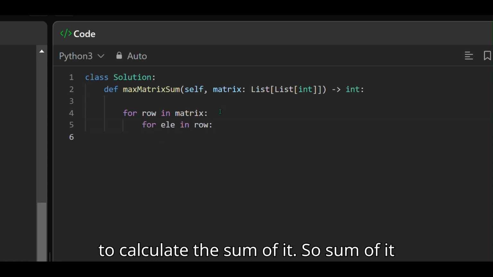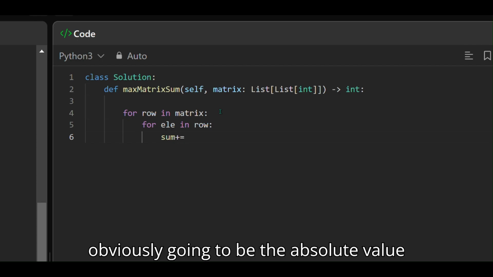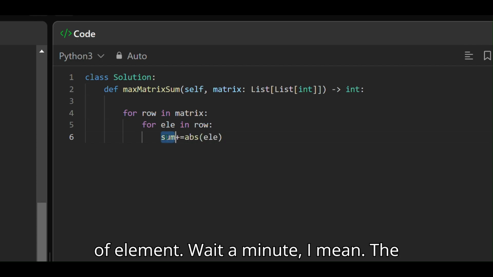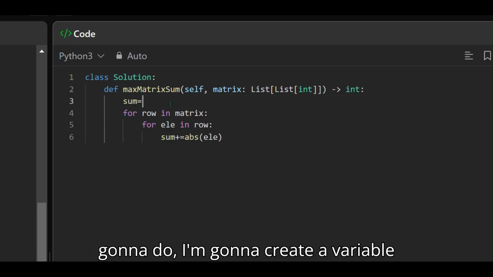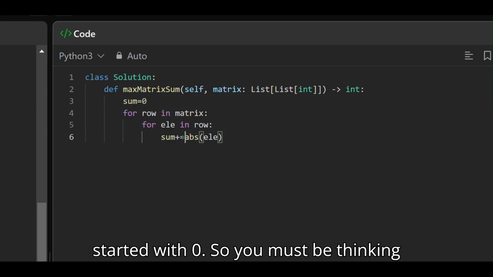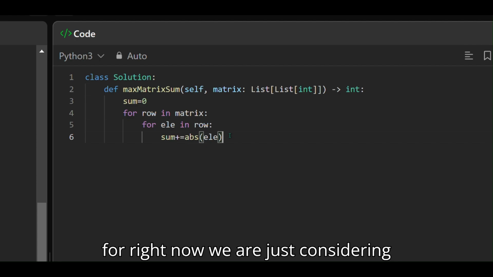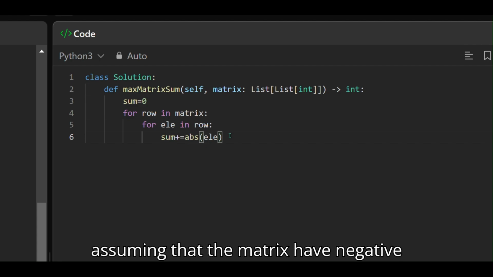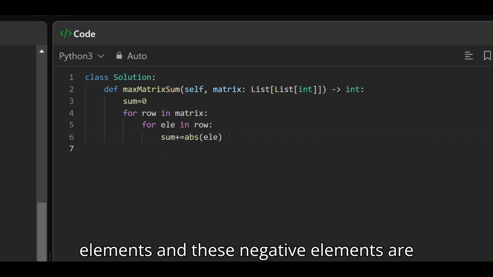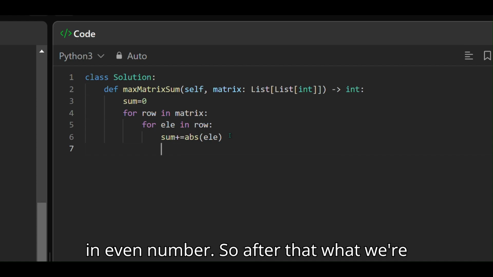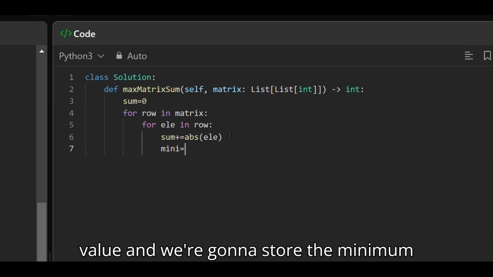So I need to calculate the sum of it. The sum is obviously going to be the absolute value of each element. Wait a minute, the sum is not defined. So basically, I'm going to create a variable started with 0. You must be thinking, why are we picking the absolute value? For right now, we are assuming that the matrix has negative elements and these negative elements are in even number. After that, we're going to create a minimum value